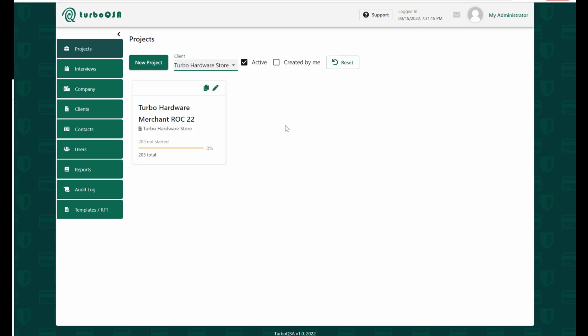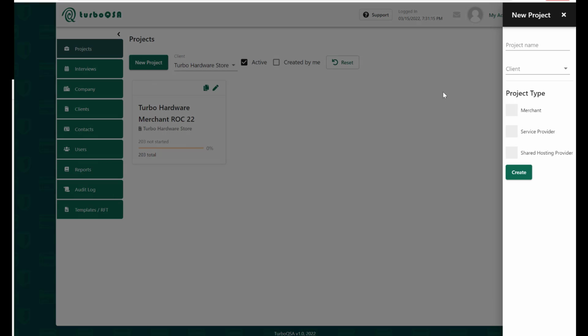The next thing I want to do quickly is show you how service provider projects are set up, and how instead of a payment channel, you have what we call service channels to define. All right. So I'm going to create another new project. All right. And I am going to call this one, I'm just going to call it SP